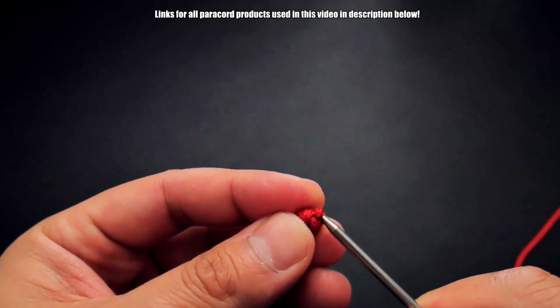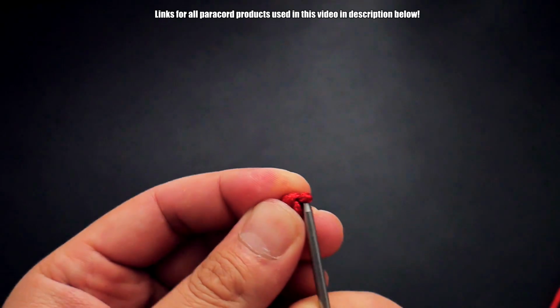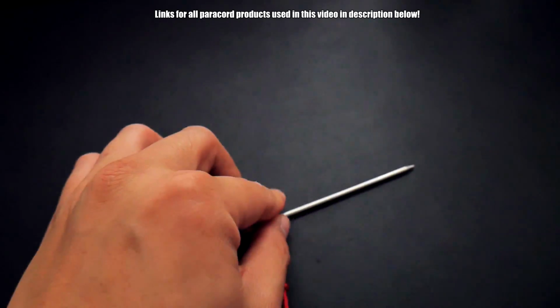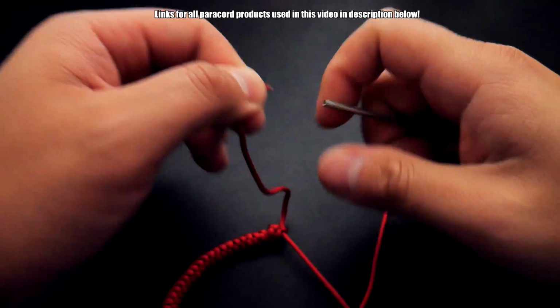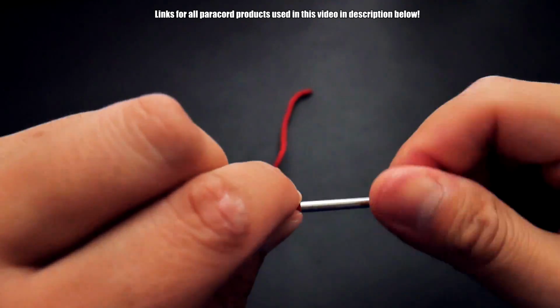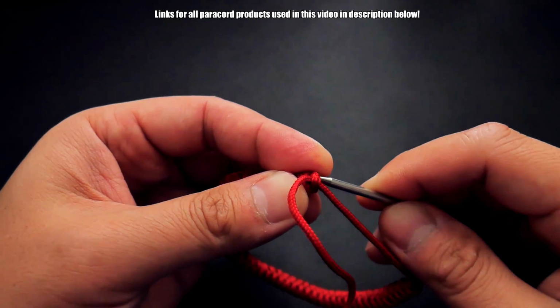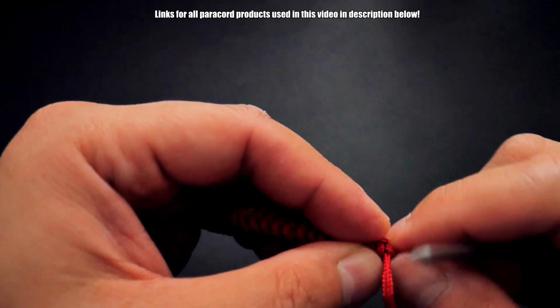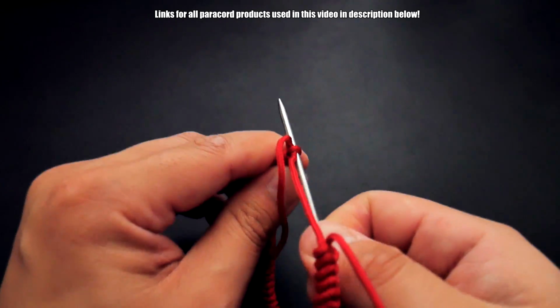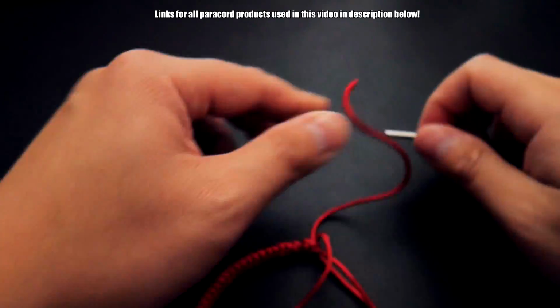and then we're going to go back up top to that diamond knot here, and we have that one loop that we left. So very carefully work your strand through. Okay, that's one. Let's take that fid off that strand, and now let's get the second one through. Be very careful not to pierce the paracord like I almost did. Okay, so we got both of those through now,